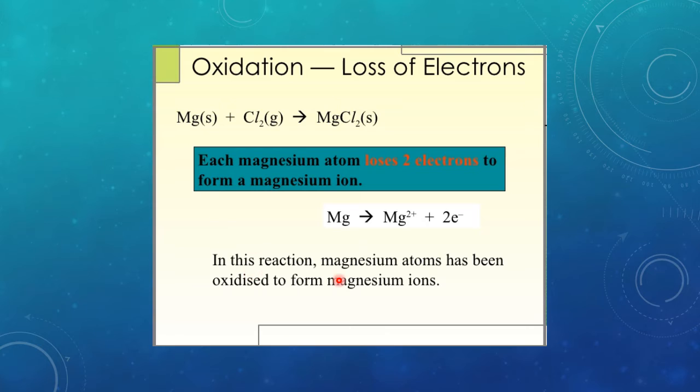Few more examples, that is how the loss of electron takes place. As I told you, magnesium will give out a magnesium 2+ ion and 2 electrons. So in this reaction we can say magnesium atom has been oxidized to form magnesium ions. Right. So this is an oxidation reaction, defined on the basis of loss of electron as well. So let us recall, the oxidation reaction can take place by addition of oxygen, by loss of hydrogen, or by losing electrons,